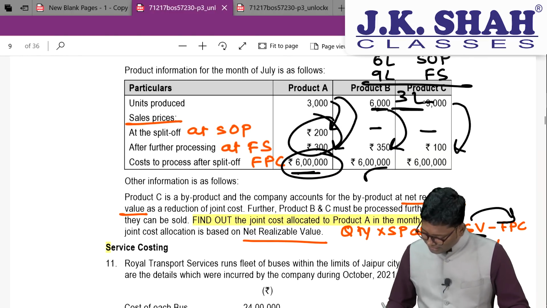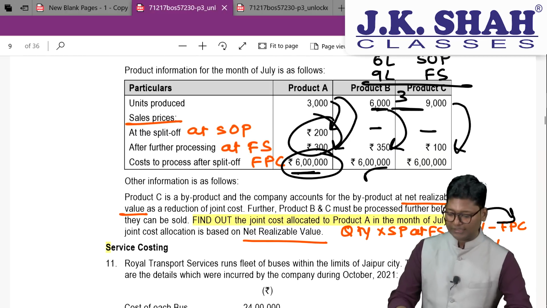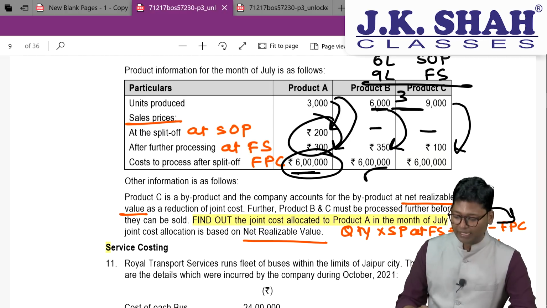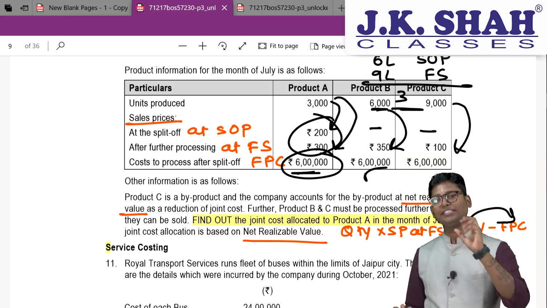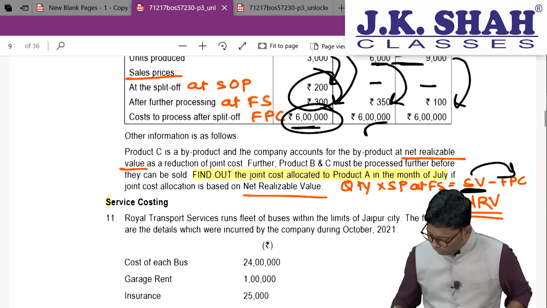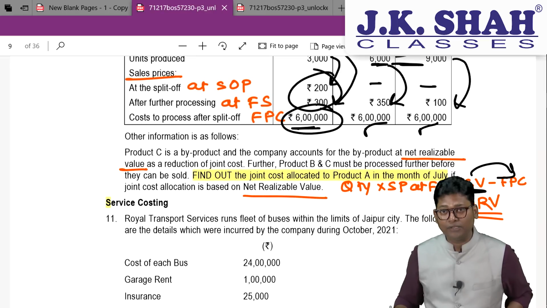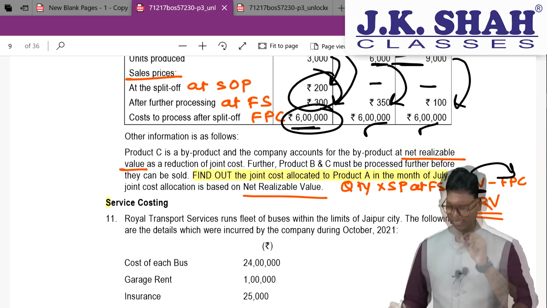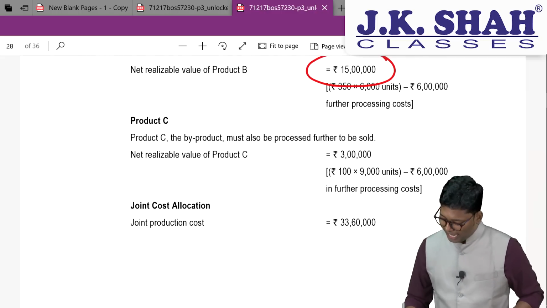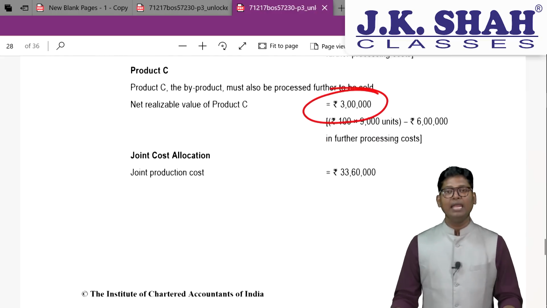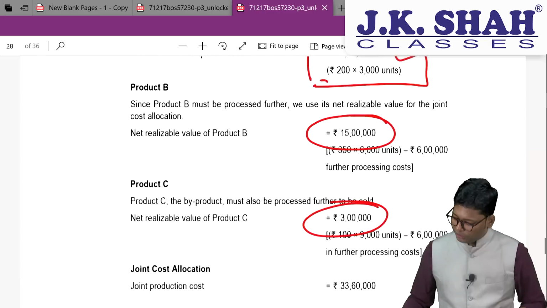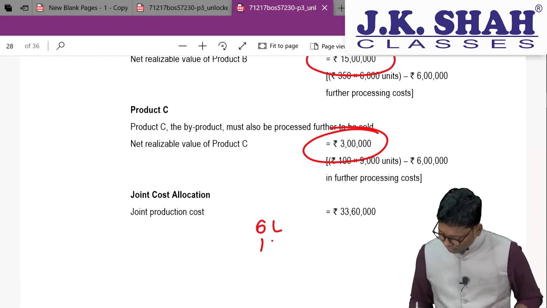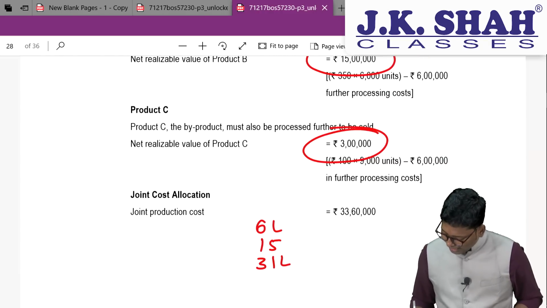The quantity given in this question for the last product is 9,000 units. If you are selling them at 100 rupees, you will be generating 9 lakhs rupees revenue. But total sales revenue is 9 lakhs. When you deduct this 6 lakhs rupees from your total calculation, this will give you a net realizable value of 3 lakhs rupees, and 3 lakhs is also computed. Now on the basis of this bifurcation, like 6 lakhs, then 15 lakhs, and 3 lakhs,